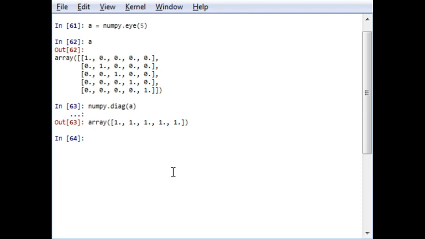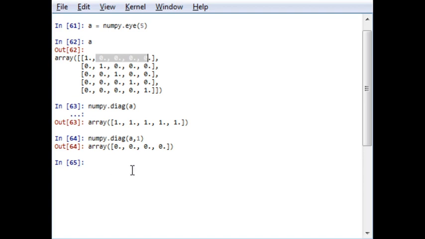Now instead of this, I want to extract the diagonal elements that are in the upward direction. Okay, the output will be 0 0 0 0, the upward direction. Now instead of +1, if I go for -1, it will generate the downward direction, that is 0 0 0.